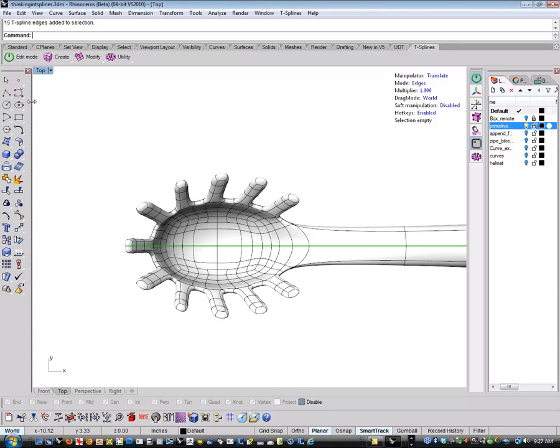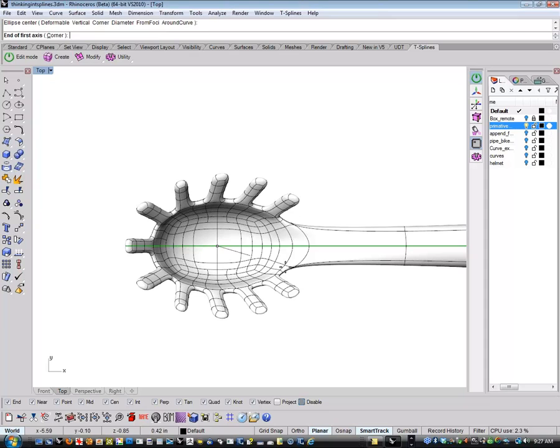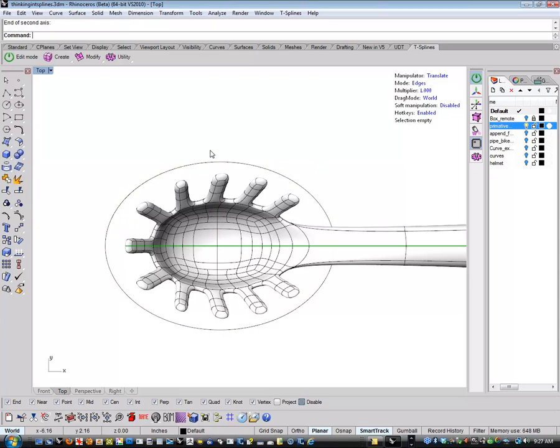Yeah, with symmetry, you only have to do half of them. You could just do it on the one side. Yeah, I'd maybe start with a reference object, like a curve, and then with symmetry on, move these to match. I don't know. That's a little wonky, but